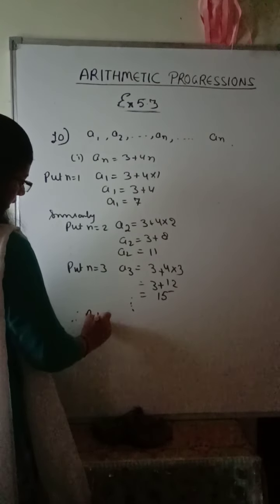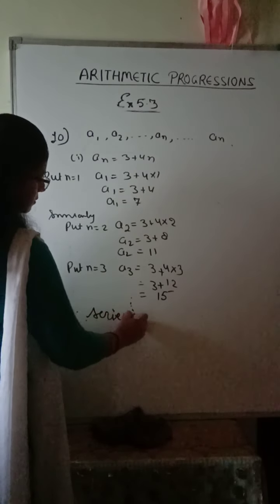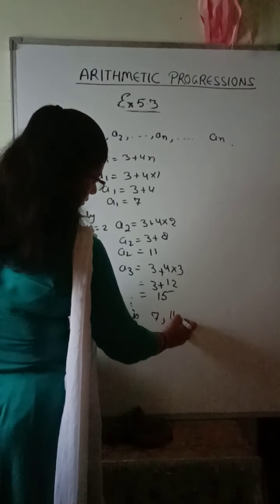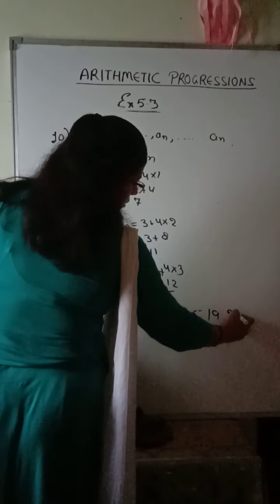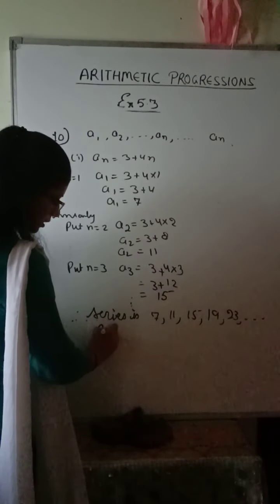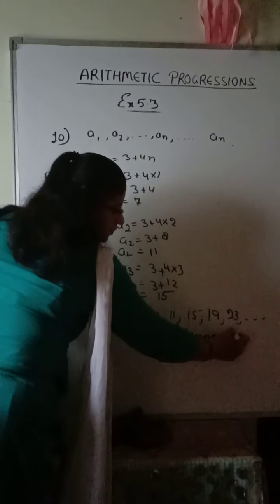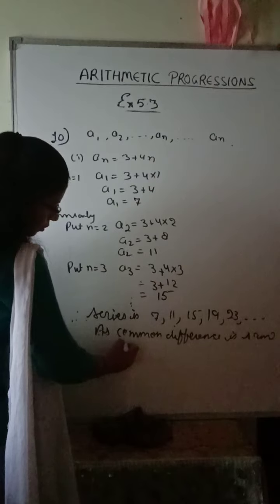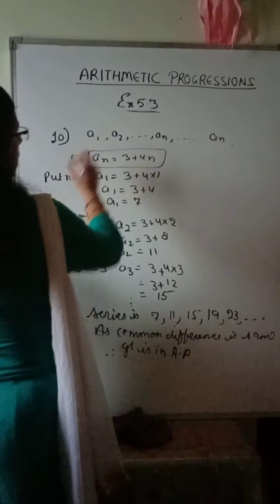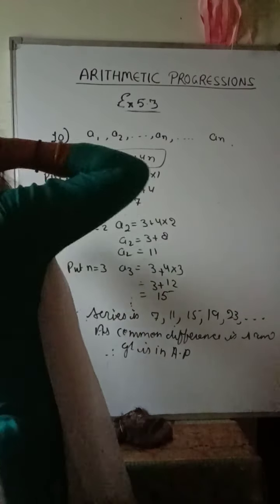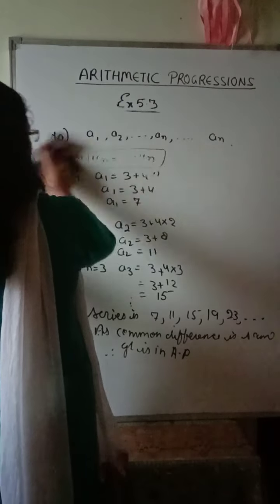So therefore the AP, or series, we will write the series is: a1 कितना है 7, a2 कितना आया 11, a3 कितना आया 15, 4 ऐड करना है देखो तो 19, 23, up to so on. तो we'll write common difference is same. अगर common difference same है तो therefore it is in AP. तो इसका मतलब this general term forms an AP. तो ये AP बना रहा है. ठीक है. तो हमें यही पूछा है क्वेश्चन में कि show that the an term of this series forms an AP. ठीक है. This is the first part.